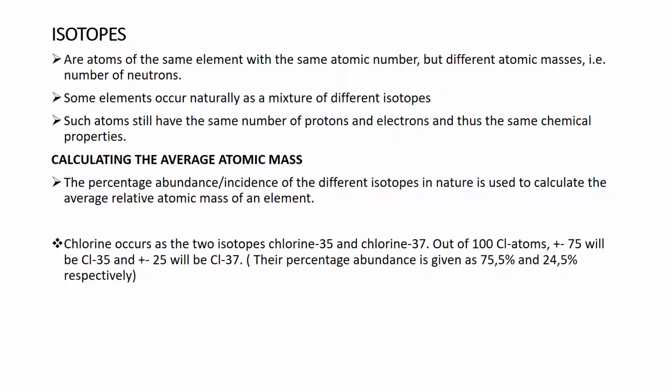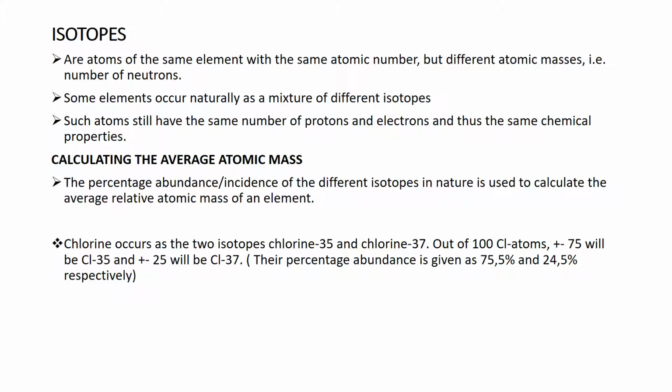Out of 100 chlorine atoms, plus or minus 75 will be chlorine 35 and plus or minus 25 will be chlorine 37. And then we are told that their percentage abundance is given as 75.5% and 24.5% respectively,